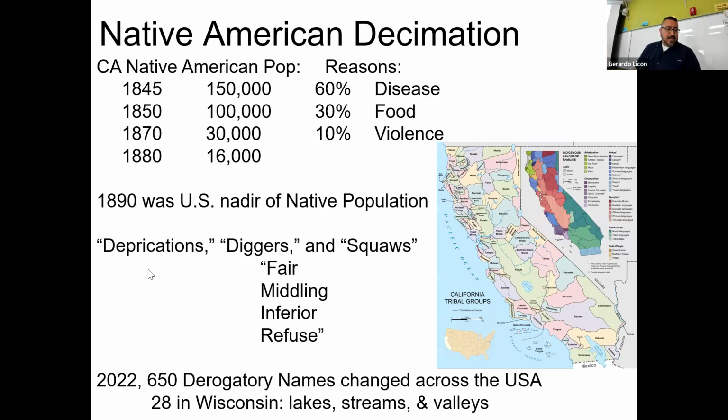All right, deprecations. Deprecations were common in California in the second half of the 19th century. A deprecation is when people would go out and punish Native Americans for what they thought they had done. So if someone thought that one of their pigs was stolen and killed by a member of a Native American tribe, then they would get an armed group together and go punish the whole tribe for what they suspected one of the members of the tribe had done.